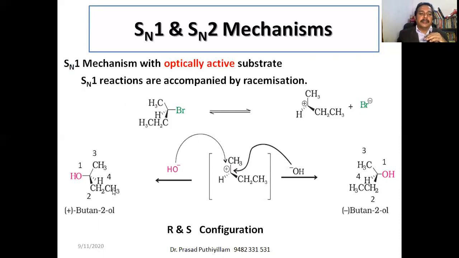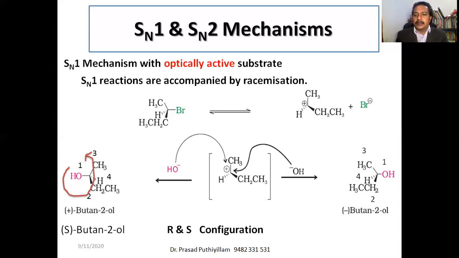So if I keep the hydrogen away, already the hydrogen is kept away from the observer. The wedge formula indicates that hydrogen is away from us. So if it is away from us, then the priority order 1, 2, 3, if I check, you can say that it is towards the left. Towards the left in Greek is sinister, therefore it is an S configuration. So it is S-butan-2-ol.